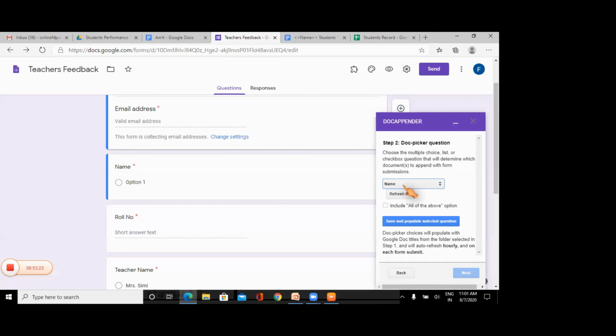So I have just selected the name option. Now I'll click save and populate selected question. Please look carefully at what this option is going to do. You will see instantly the difference in your Google Form. Am I clear to all? Please reply in the chat window.